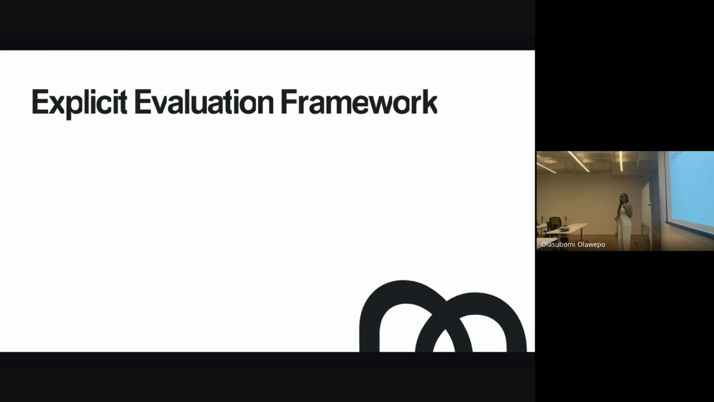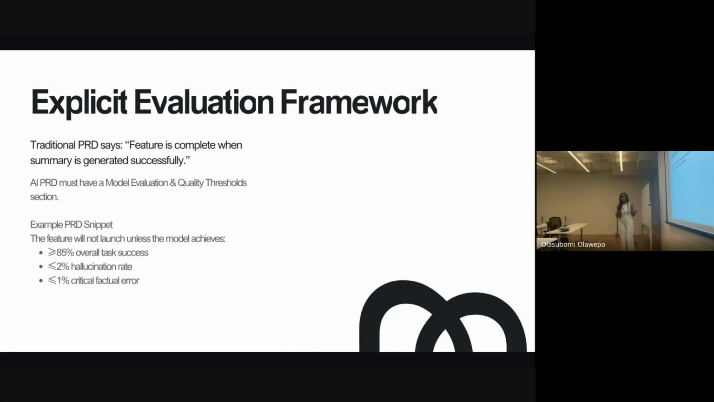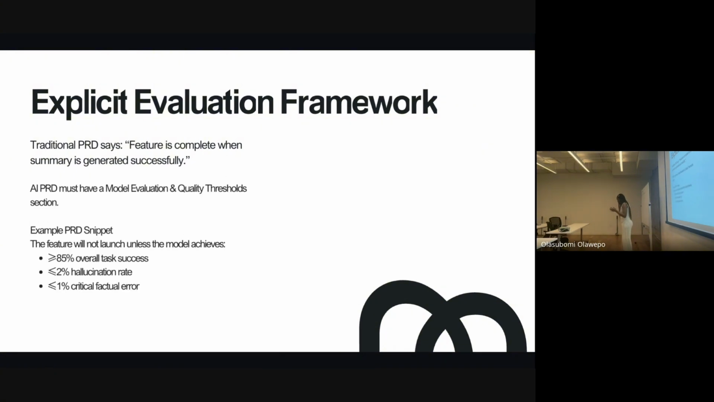So let's talk about the evaluation framework. A traditional PRD, and I did simplify it a little bit, it's going to say, okay, let's say I'm building an app that summarizes documents, as long as the summary can be generated successfully, we're good. And that's great. I want a summary. You generated a summary for me. We're good. Now, when you're building an AI-powered system or platform, what you want to do is make sure you have an evaluation and quality